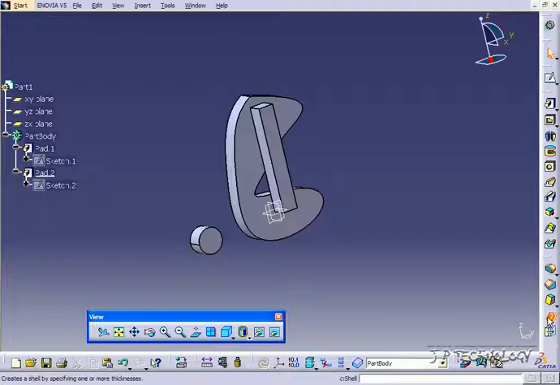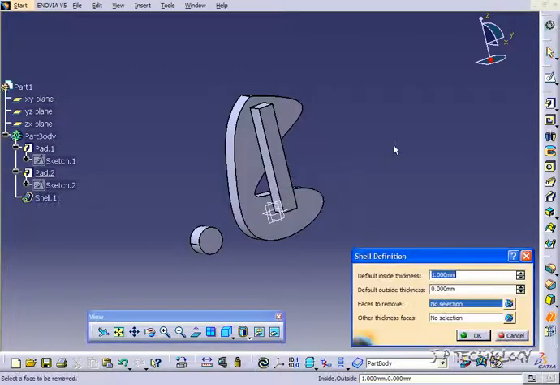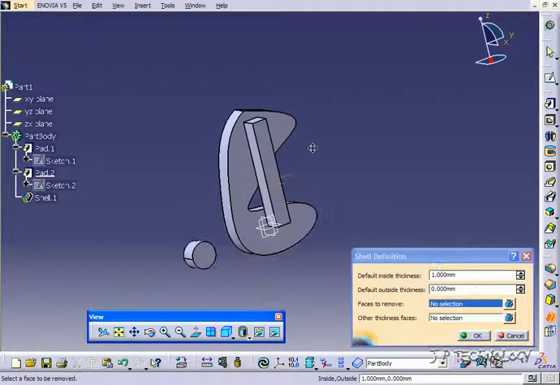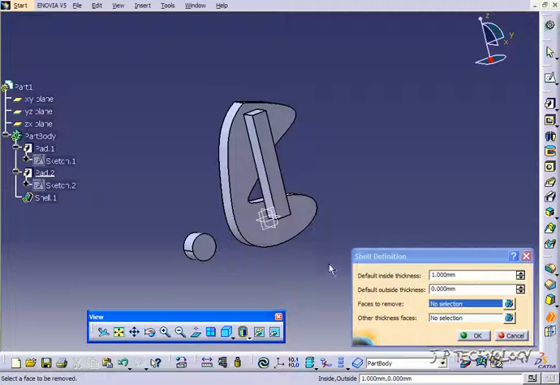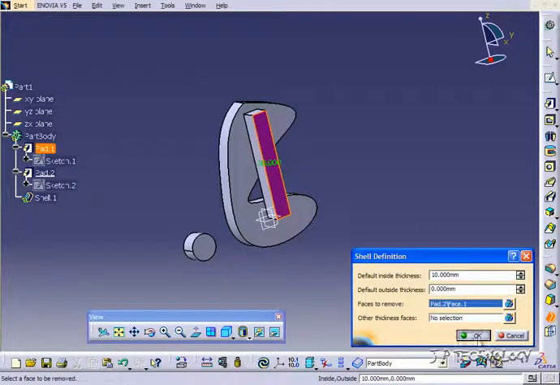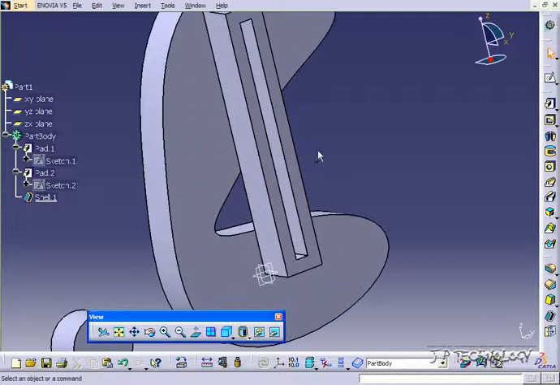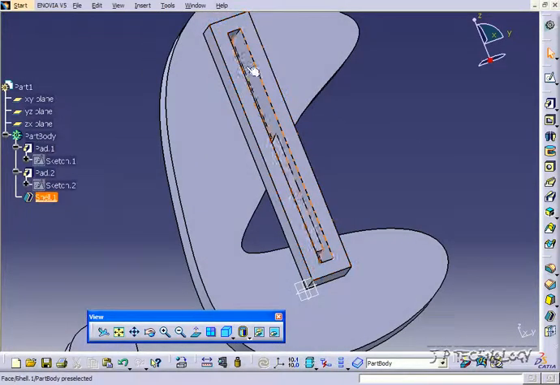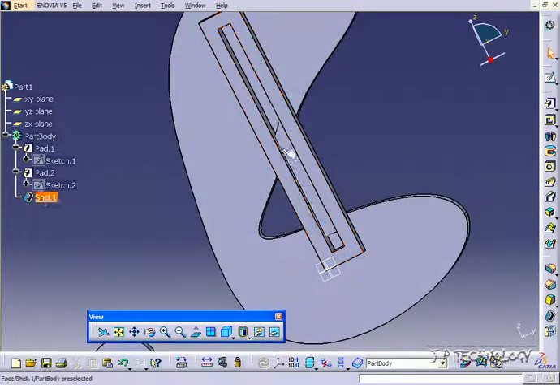So we'll click shell, and it's going to ask you to click faces to remove. Each face you click is going to be removed, and then the inside thickness is how thick your part's going to be after. So let's change this to 10, and let's click this face here. Click OK, and you're going to notice that it's cut out there and that the thickness is 10, and